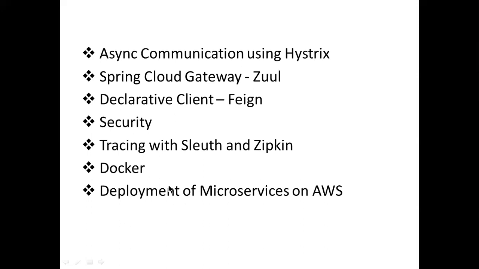Then we are going to deploy our same microservice application. We will continue to add the gateway, Hystrix, Feign, Zipkin, Sleuth, Ribbon, Eureka, everything in the single application only, till the end of the microservice session. Exactly the same application we will deploy on AWS, by creating a free account and creating 3, 4 virtual servers, also called virtual instances, EC2 instances, Elastic Compute Cloud.